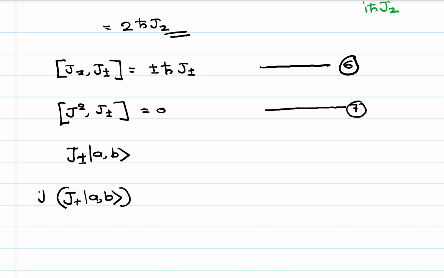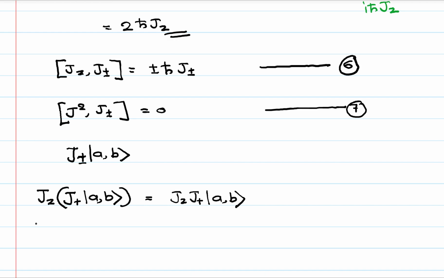So in order to find that out, I'm allowing the operator Jz to act on this ket. So Jz J+ acts on ket |a,b>. So what you have is Jz J+ acting on ket |a,b>. Now